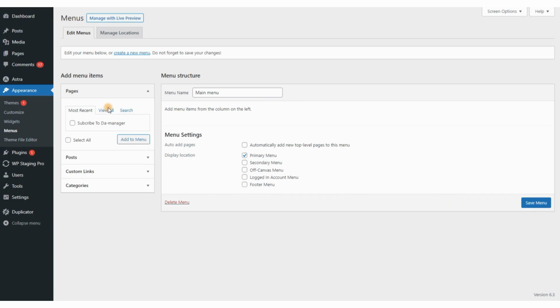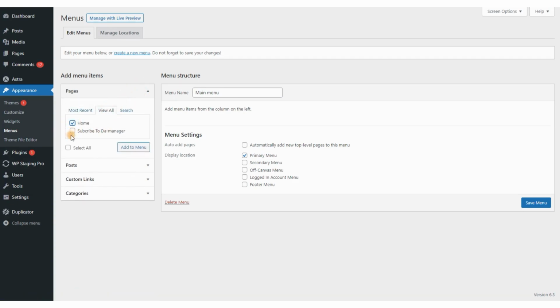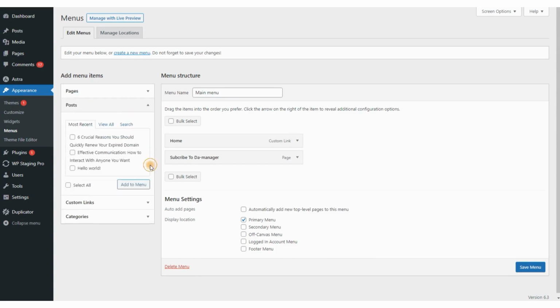So guys, as you can see over here, you can add pages, posts, custom links or categories to your website. So view all, you can add the home page and subscribe to the manager, add to menu, any post of your wishing, add to the menu,